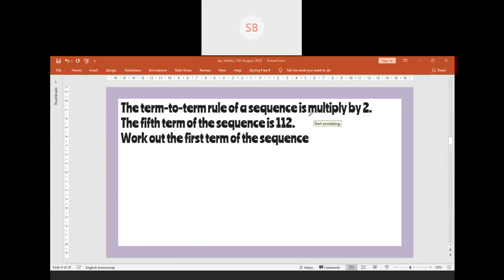14? Or did you get 14? I minus the fifth term minus 1 becomes 4, and then 4 times 2 equals 8, and then 112 divided by 8 equals 14. Yeah, it works if we do addition, but here we do multiplication. So it will be a bit different here.